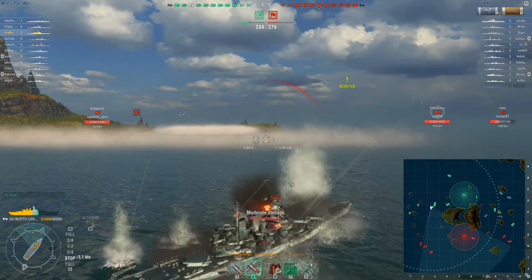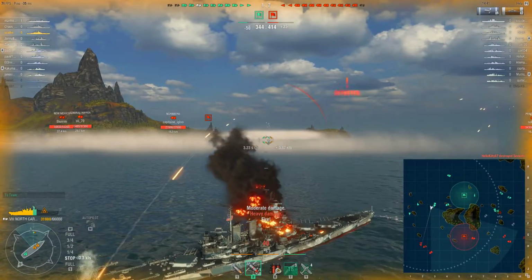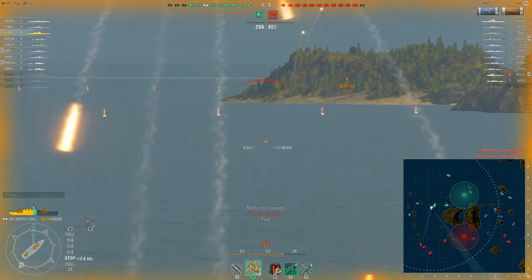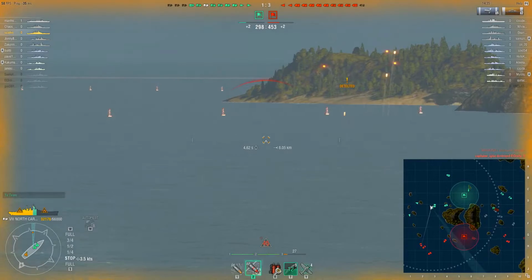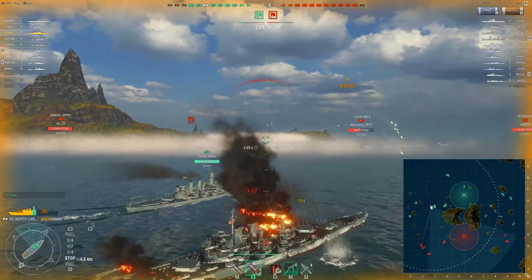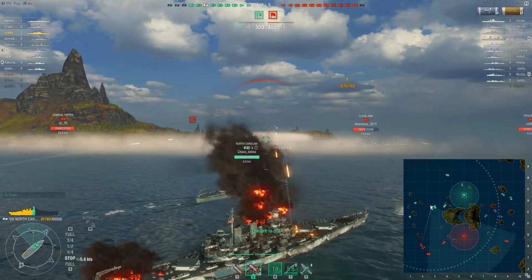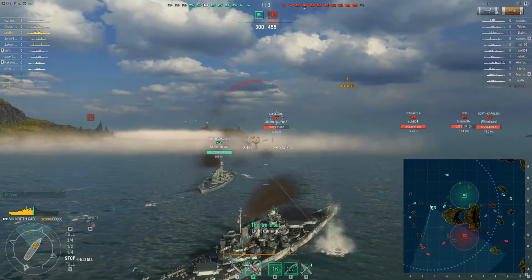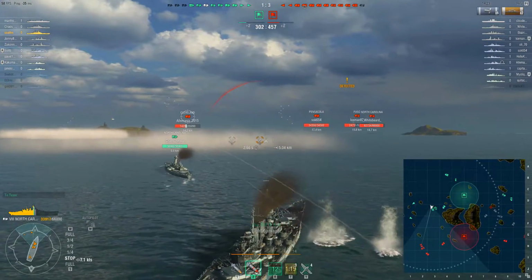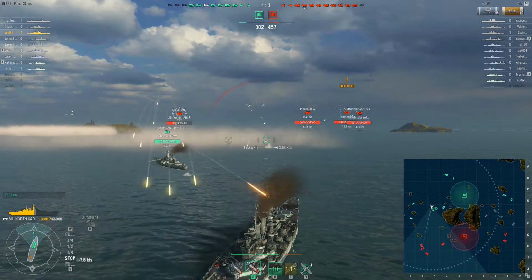And that is one of the problems with the North Carolina: if you are in a situation like this where you are facing directly at the enemy, they can sometimes just punch straight through your bow armor and Citadel you from the front. It generally works better if you just have a very slight angle on it and not facing directly at him. Anyway, enemy destroyer is putting in some fire from its smokescreen, and thankfully